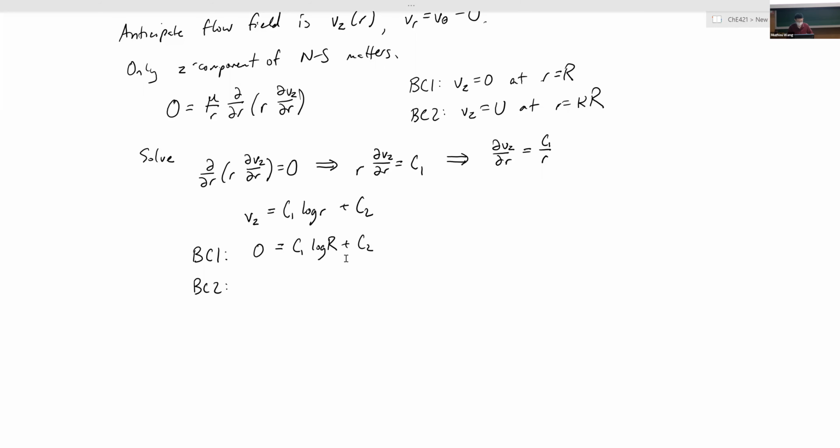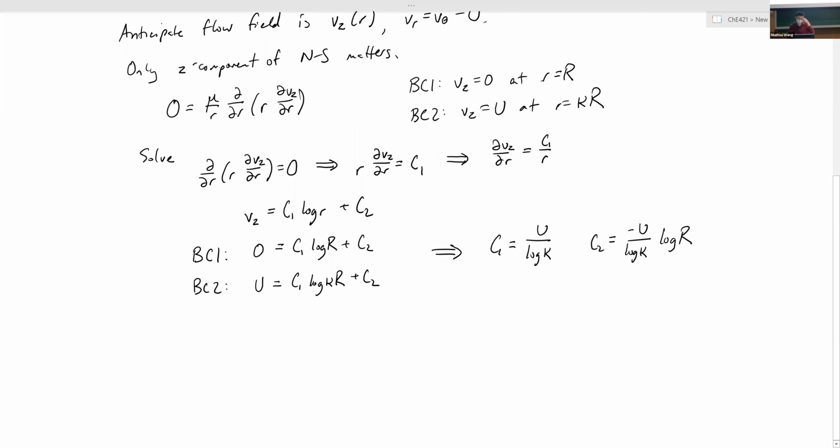It should be pretty self-evident from what I wrote, though. Basically, I just applied BC1, and so 0 goes here, and then big R goes here, right? Same thing for BC2. U goes here, and then kappa R goes here. Okay, and then you just solve these two. This is a linear system of two equations for two unknowns. And that gives us what our two unknowns are going to be. C1 is just U over log of kappa. And C2 is equal to minus U over log of kappa